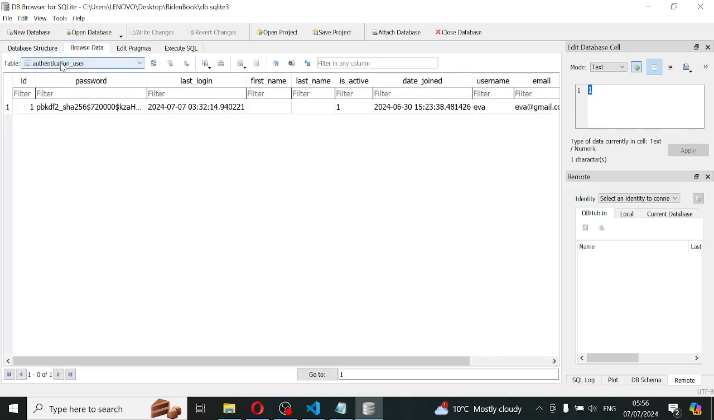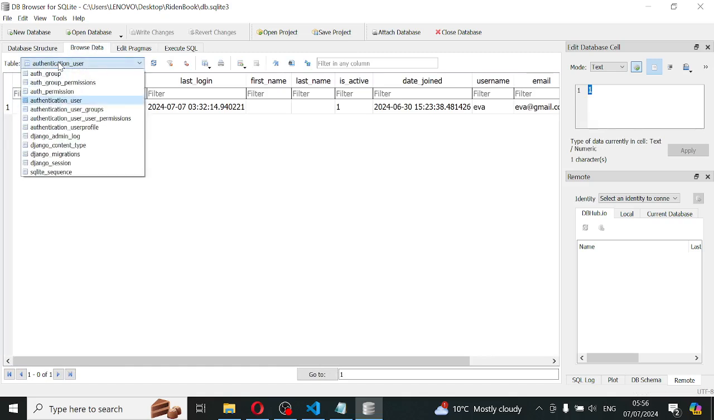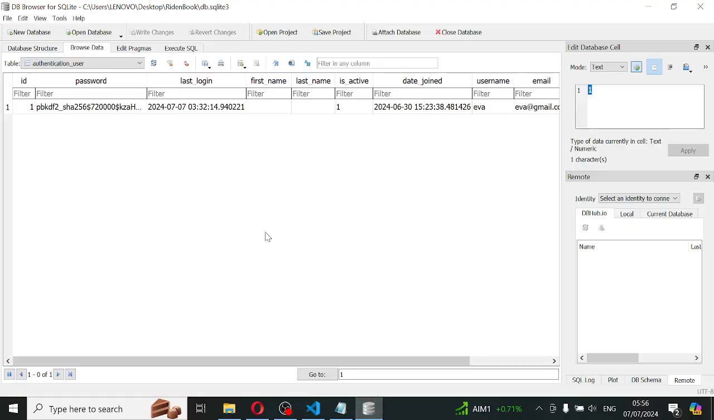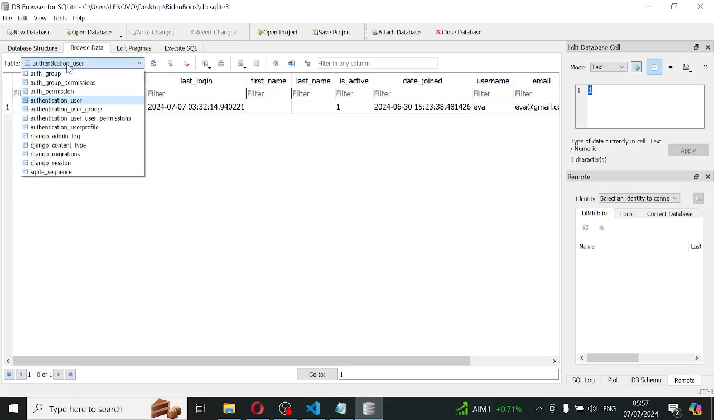Click on this drop down menu. It's going to start with your app name. This is our app name. Our app name is authentication, and inside our authentication app we went to our models and created it. So in DB Browser for SQLite 3, when you come to this drop down menu, look for your app name,